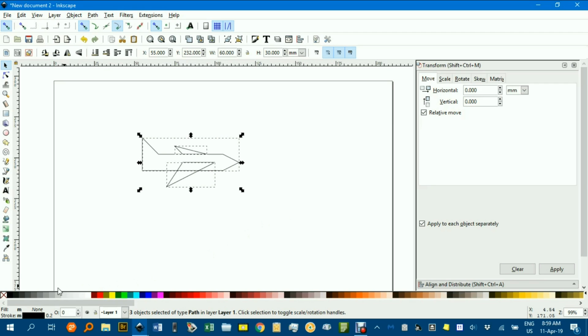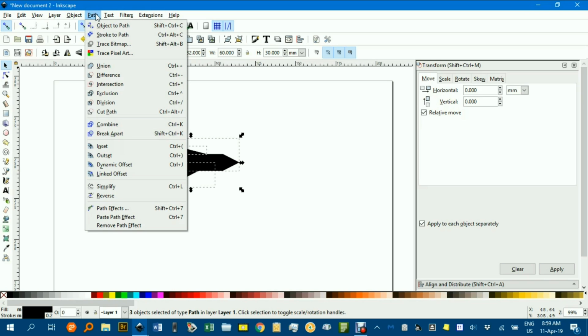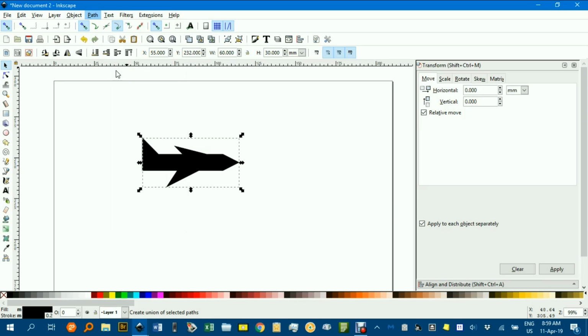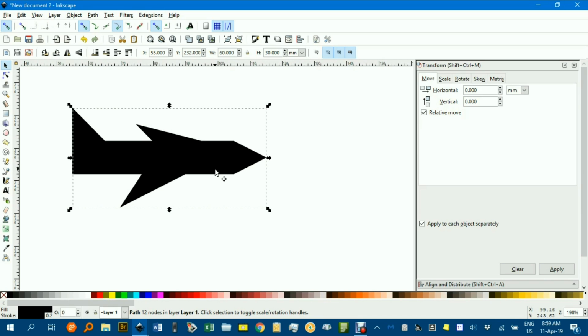I'll select the whole lot, give all the pieces a black fill, and under path I will go to union to make it all one object. That's probably not too bad, that'll probably just about do, but if I zoom in a bit,